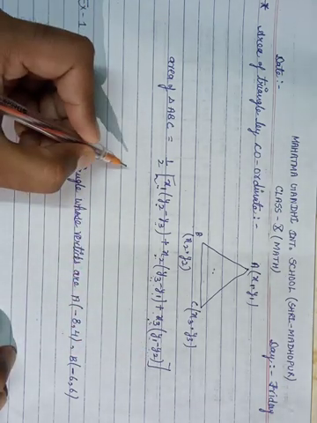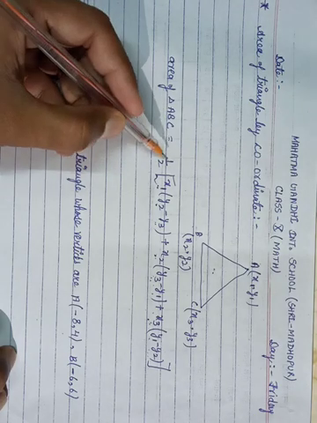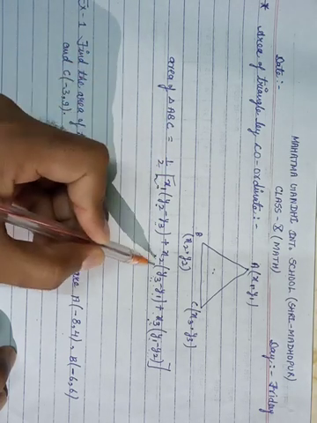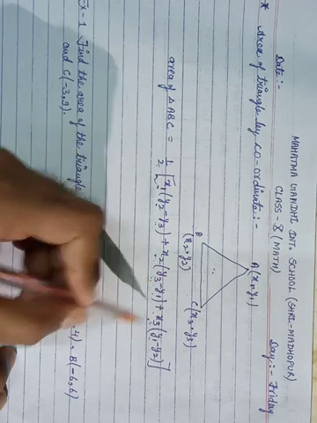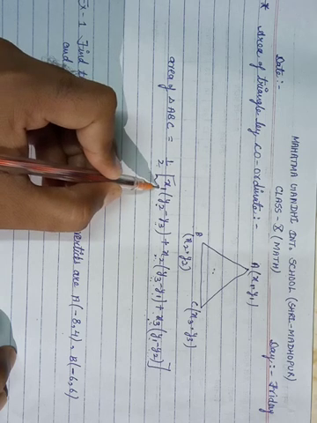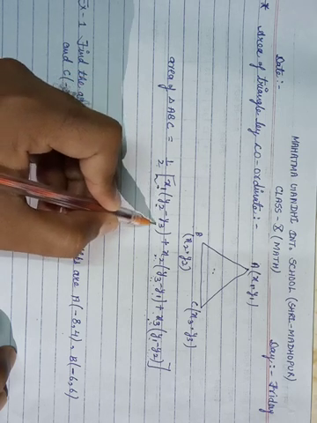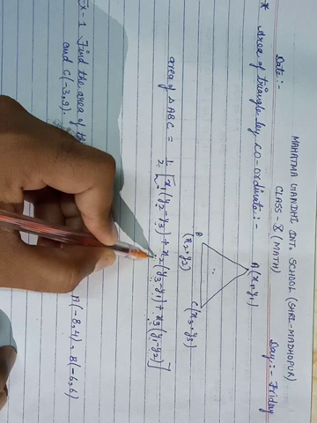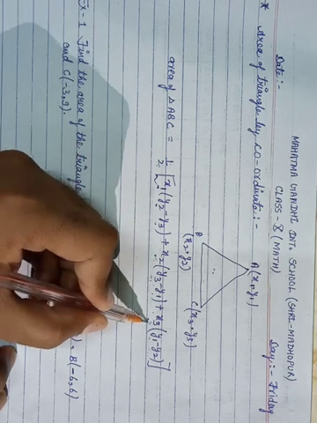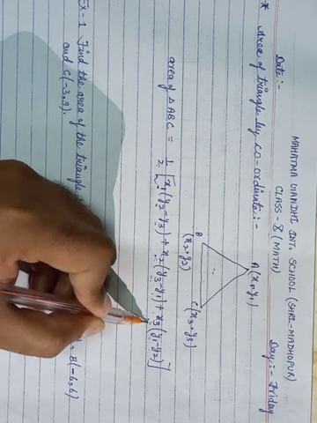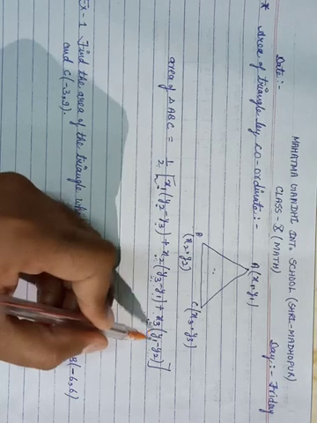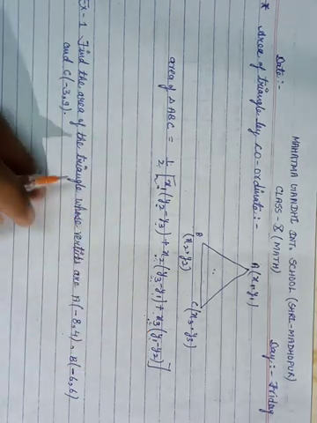How can we learn this formula? 1/2, first of all we will write x1, x2, x3. Now we will start simple counting. After 1 we know that 2 and 3 come here, and after 2, 3 will come here, and after 3 the counting will be revised because we have only 3 numbers: 1, 2, 3. So after 3 we will revise to 1 and 2.